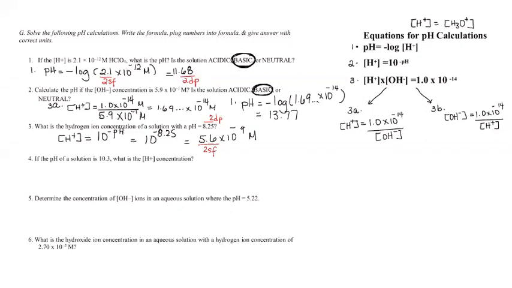8.25 negative, and then 10 to that. Make sure that your calculator, whenever you're doing concentrations, is in scientific notation. That is something that we can address when I show you guys how to work your calculator. Because for those students that don't have their calculator in scientific notation, it will show you something that is